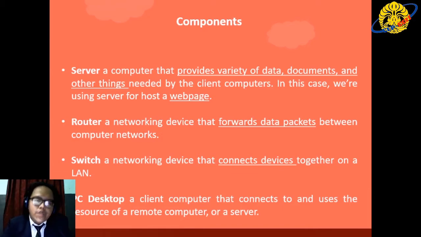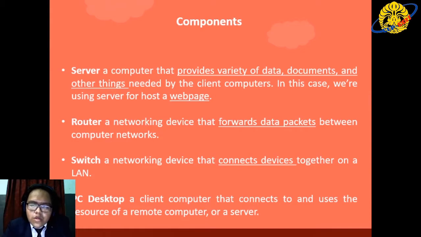Next is a switch. A switch is a device that connects devices together on a LAN. A switch is essentially a multi-port network bridge and performs the same basic function as a bridge, but at much faster speeds and with many additional features.